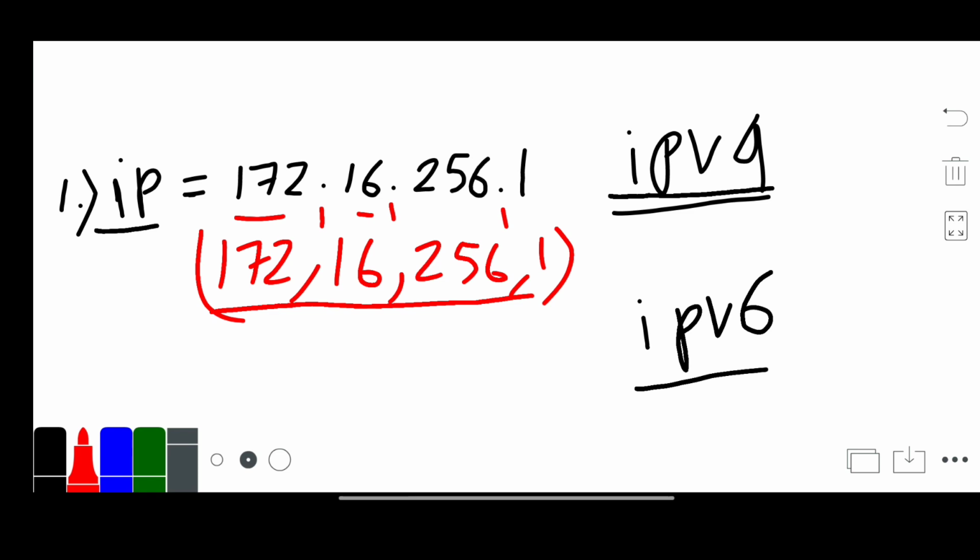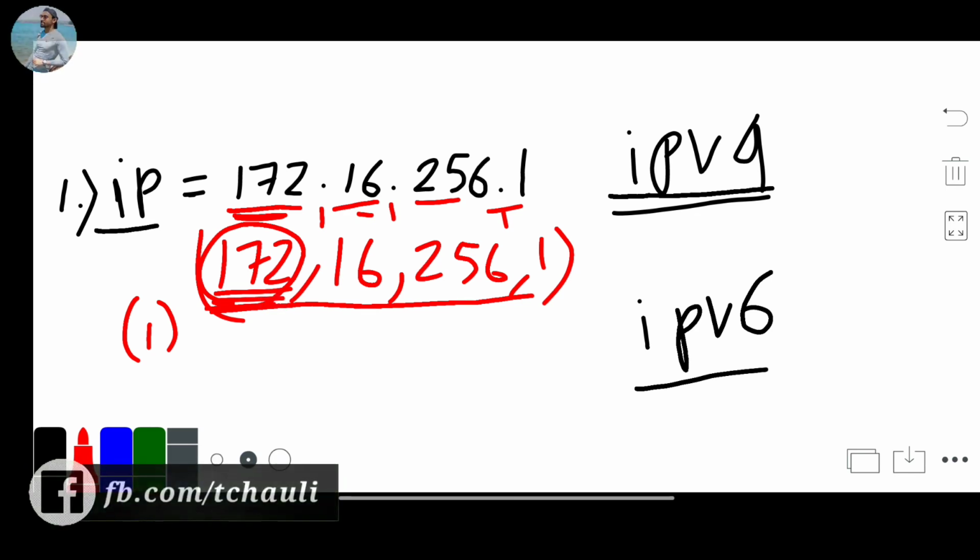And next condition is, for this we will take a for loop and check each part one by one. First we check this part, and in every part we check 4 conditions. First condition is we check it is a digit. Yes, it is a digit. Next condition is to check